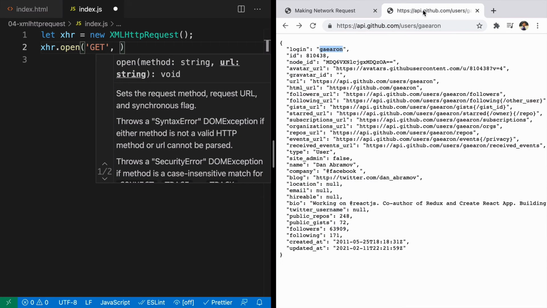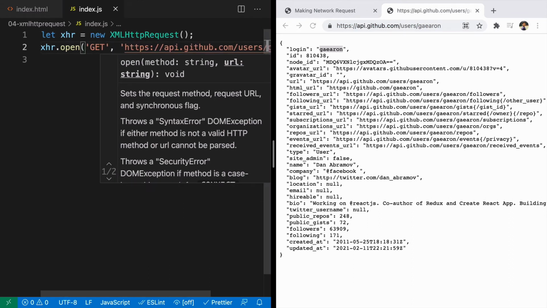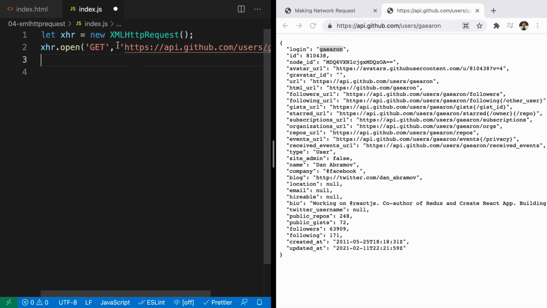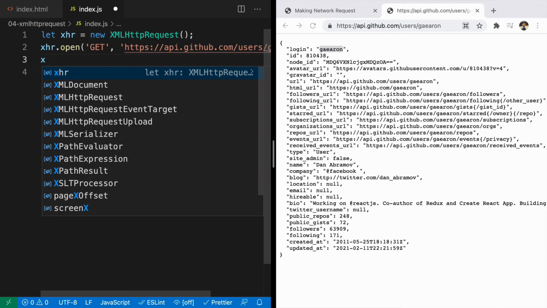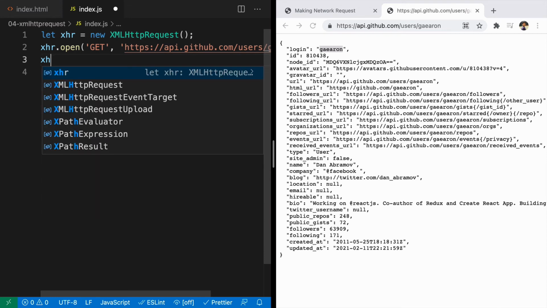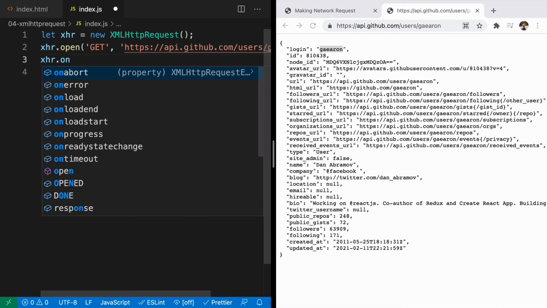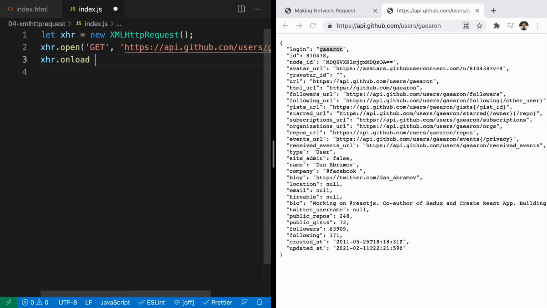The second parameter is the URL, so I'll copy this URL from here and put it right here. The third thing we have done is add some event handlers. We are saying to XHR, whenever onload is done, call this function. So go ahead and call this function in the future when data is loaded.